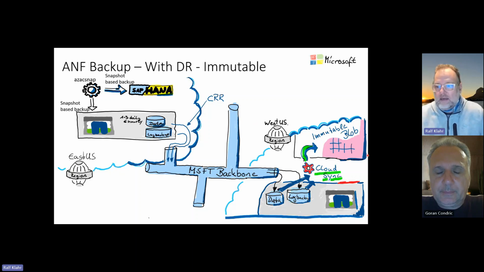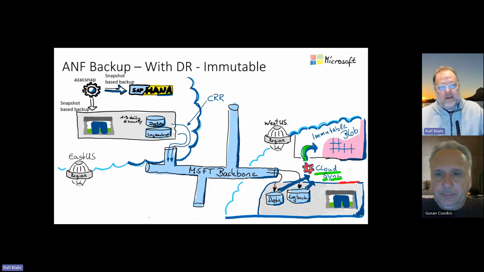Those snapshots which are copied here to the immutable blob space are indelible for the time you have specified for this blob space. You can't delete them for whatever reason. You cannot change them because they're immutable. It's a backup, a snapshot as it is. In this scenario, I said 30 days: if your protection policy is 30 days, then you cannot delete the data backup for 30 days.